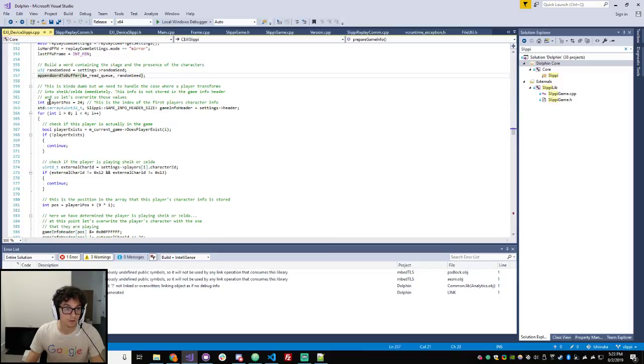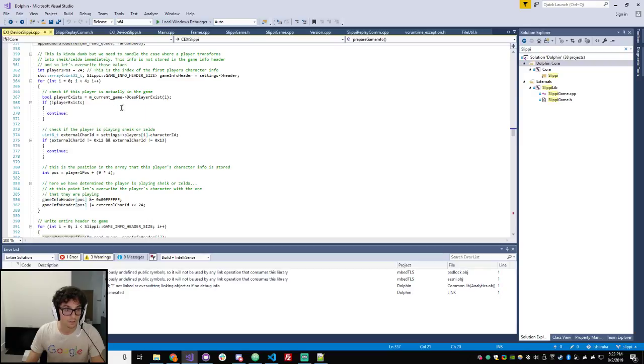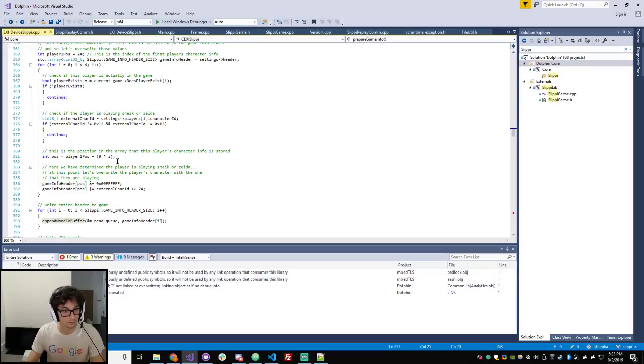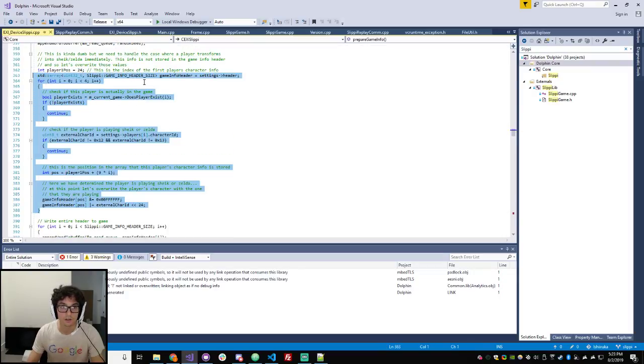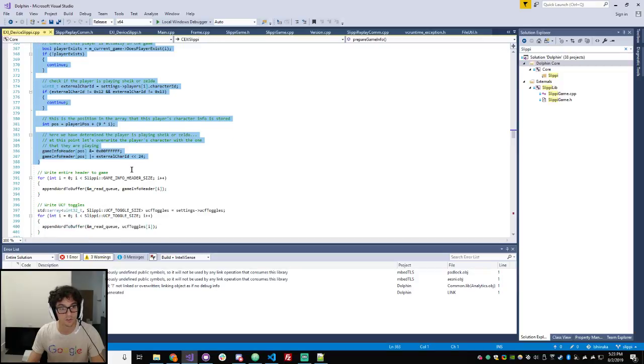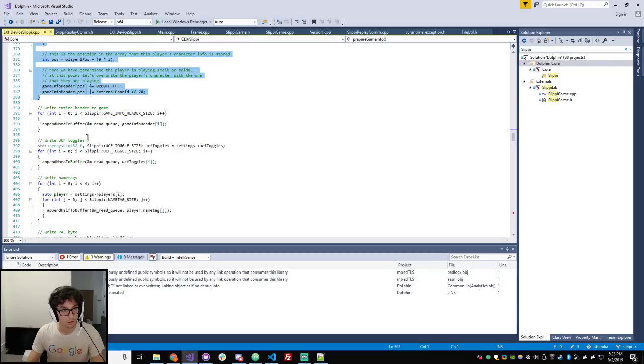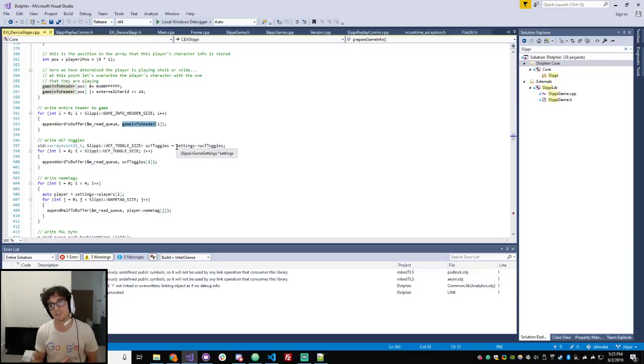And then I forget what this does. I think this is some Sheik Zelda stuff that I don't think we actually need anymore, but it's needed for legacy replay files. I think it's overriding some of the header info so that the game will start with Sheik and Zelda correctly. Got it. And then this is where we write the game info header. And the game info header is basically the entire